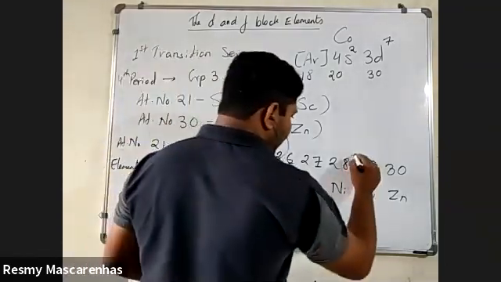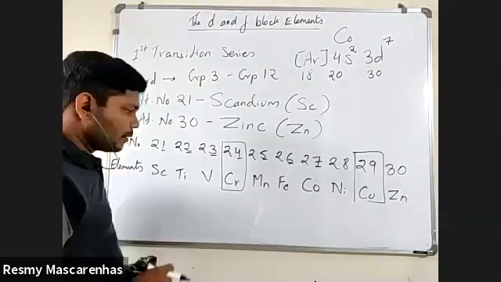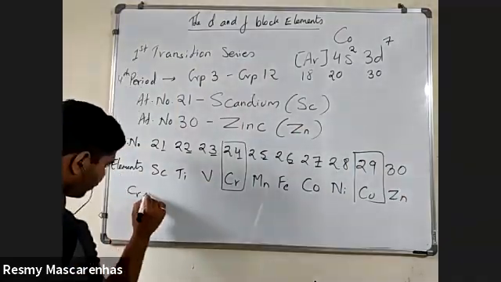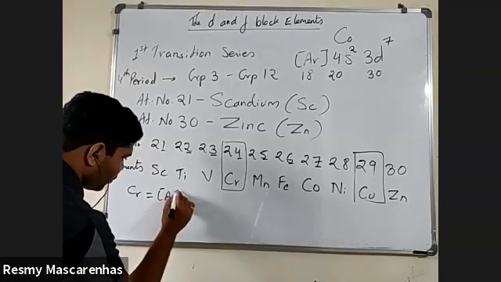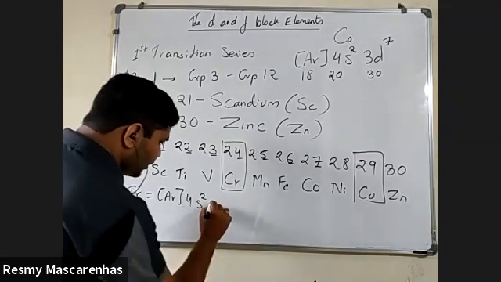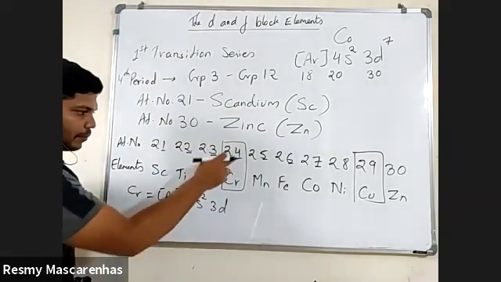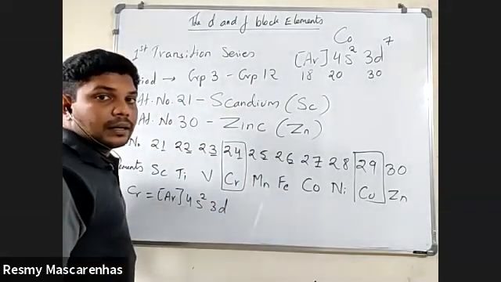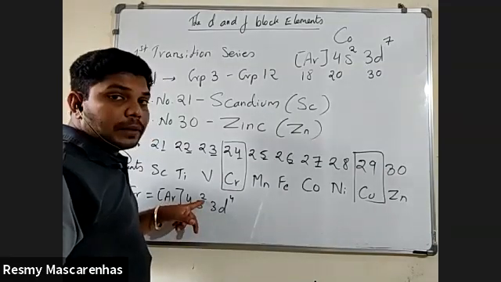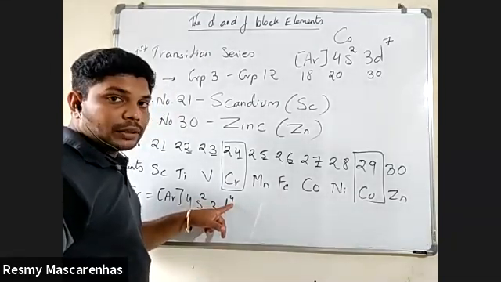Chromium and copper. I think in 11th standard you might have seen this. Now, whenever you are writing the electronic configuration for chromium, you will say argon, as I have told you, 4s2 3d. What is the electronic configuration in the d case? 4. But if you see here, s2 means it is completely filled, and in the d orbital 4 electrons are there.